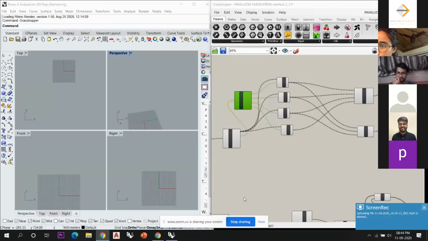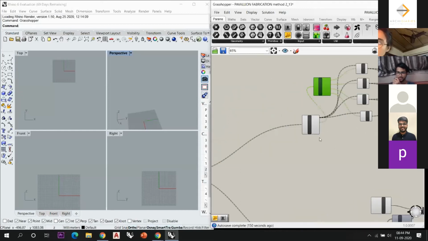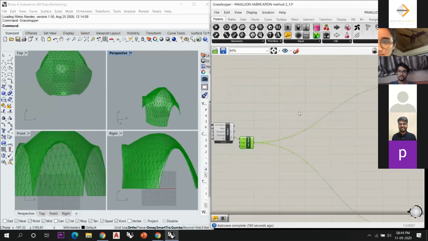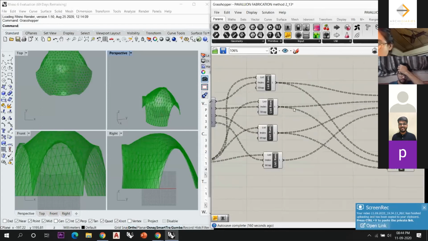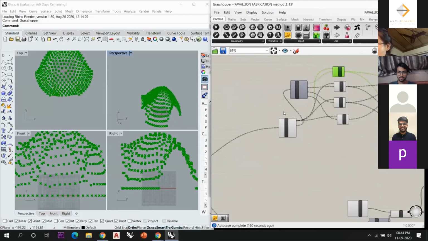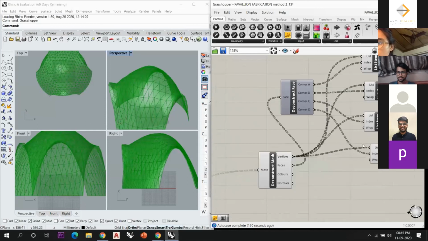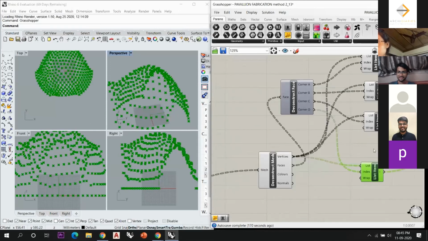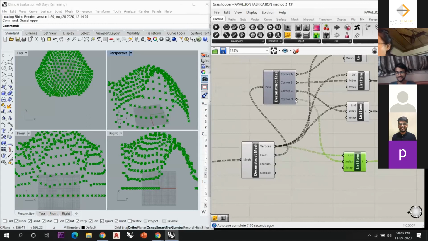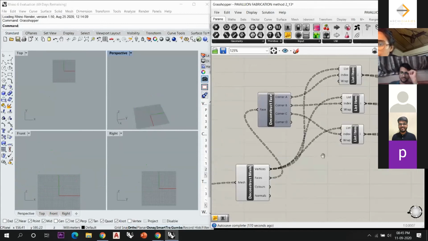Can you see it now? हाँ दिख रहा है. So this is my mesh, but when I try to deconstruct the points, जय तेरे पास mesh है जो उसमें 3 points हैं ना. Triangles ही हैं सब. So how are you getting corner D? Corner D को delete करो. But why am I getting all of these?